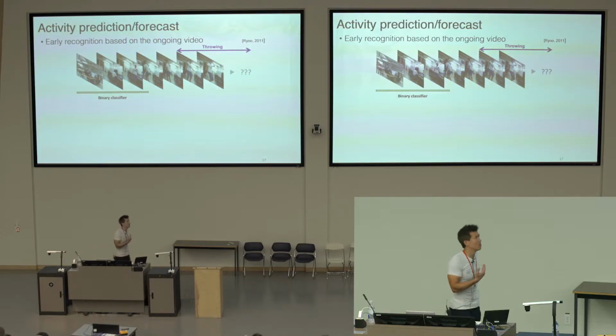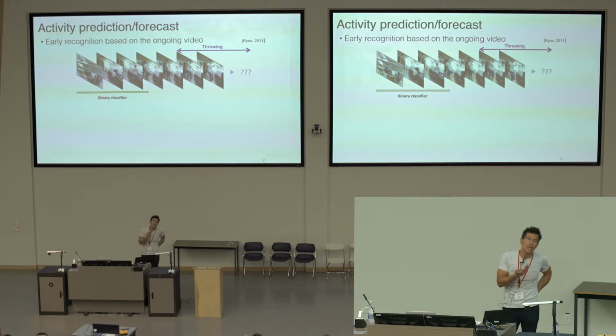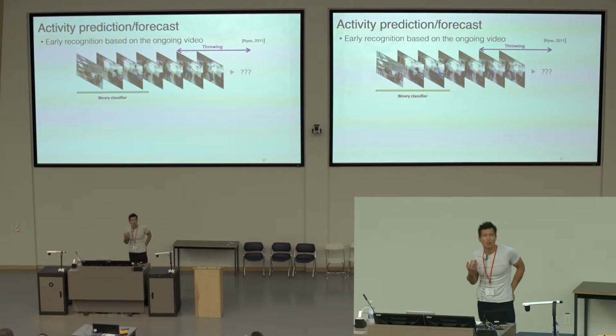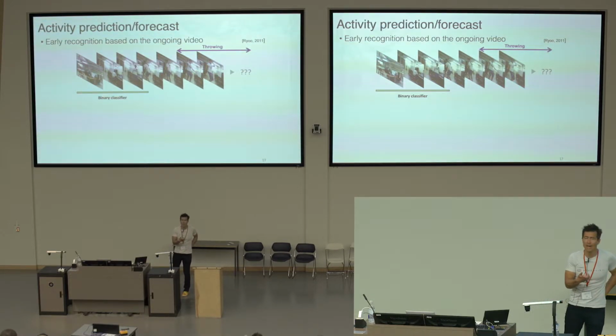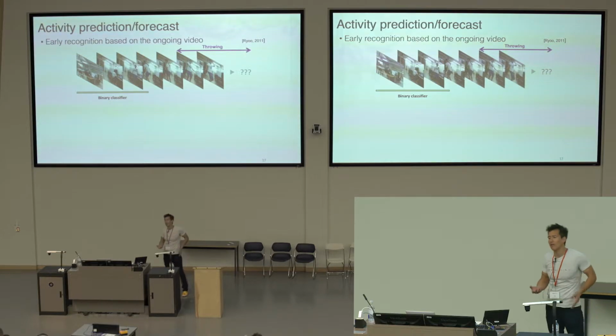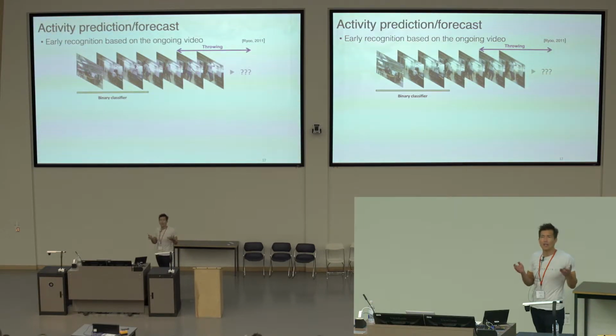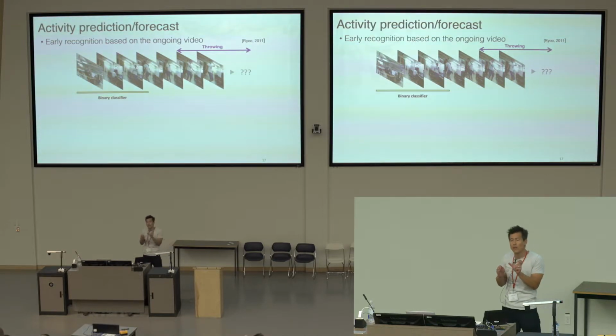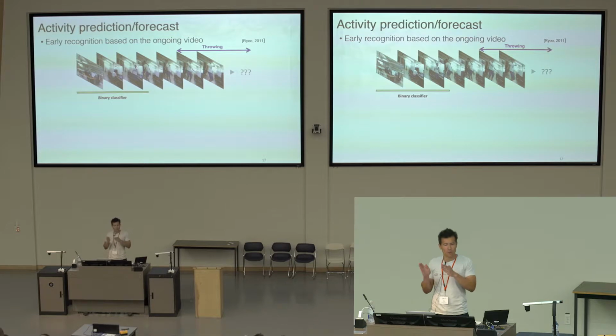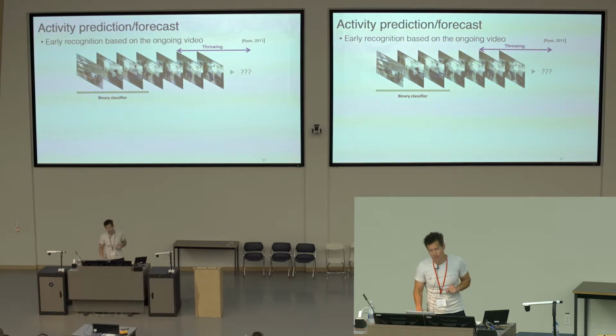Okay, so the other type of problem that people often work on is trying to predict what's going to happen in the future. And here are two canonical examples of ways in which people formulate that problem. One of them is what's known as early recognition. The early recognition problem is I want to be able to understand that something's going to happen as soon as possible. For example, if I'm trying to detect a throwing action, I'd like to do that not post hoc, not after I've seen the whole video, but in real time, as soon as possible, along the way to the person actually performing throwing. So I've got some sort of binary classifier that I'm running in time, and I want to predict throwing as soon as I can based on that.